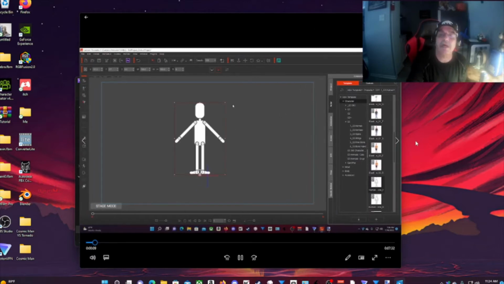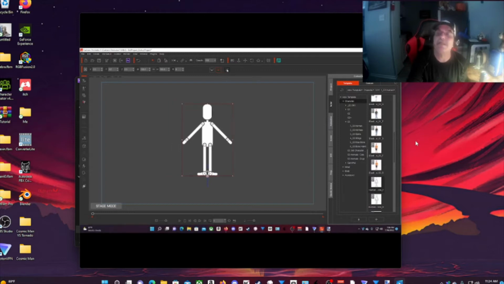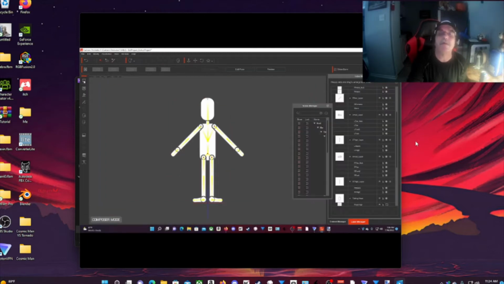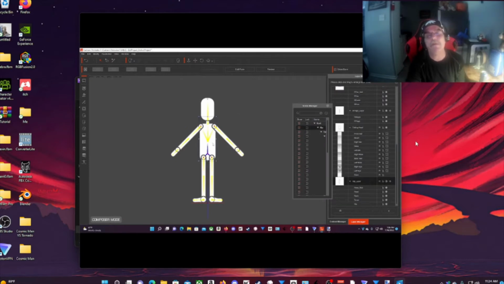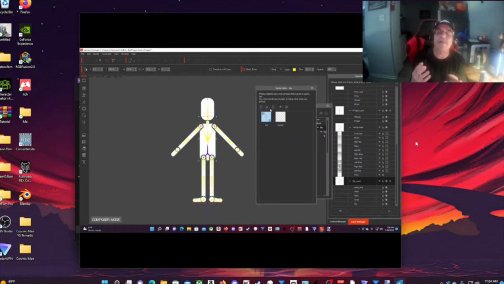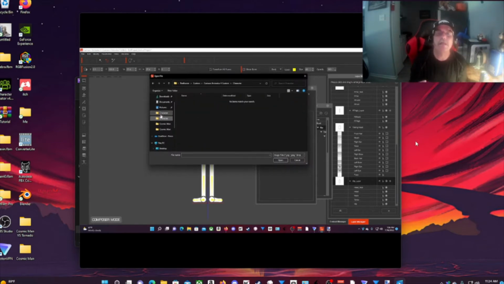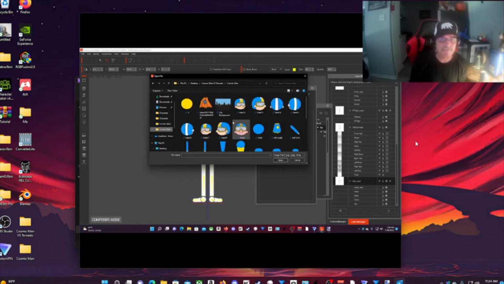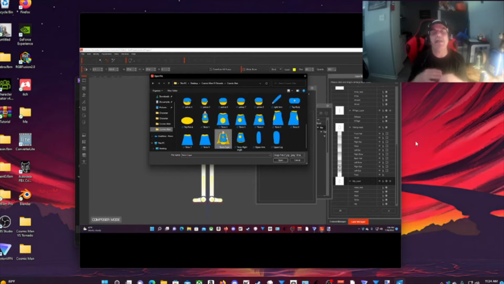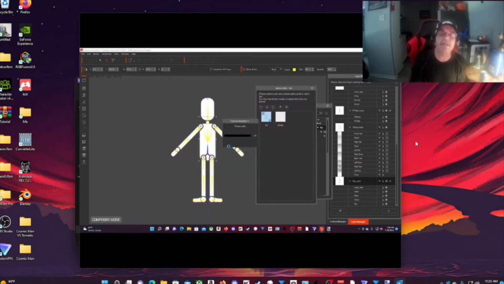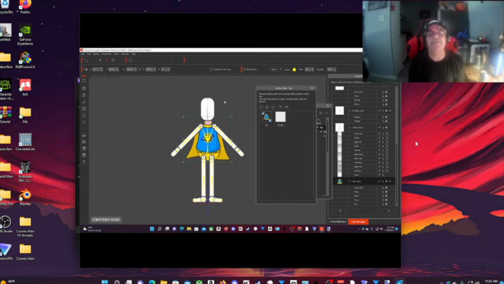So what I did was I went with a G3 template that was provided with Cartoon Animator 4. I went with G3 because I found it more flexible for me to work with Cosmic Man, because Cosmic Man is kind of flexible in my cartoon strips. So I made all these pieces of Cosmic Man and I'm putting them together by replacing the sprites of the template. Right now I'm doing the torso. Also, you see I already had the cape and everything in the drawing.